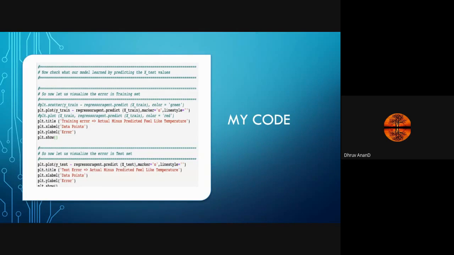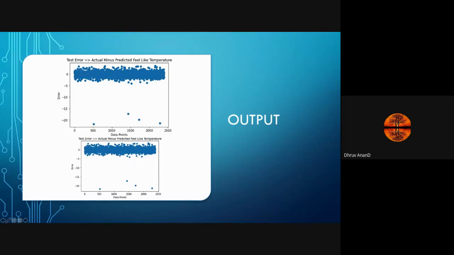The predict method is used to predict the outcome. We can predict on both the training dataset and the test dataset to see how the model fares. So this is basically the output, which is the predicted and actual values. So we can see it has a margin of error of around 5.